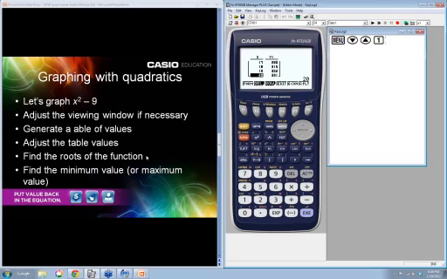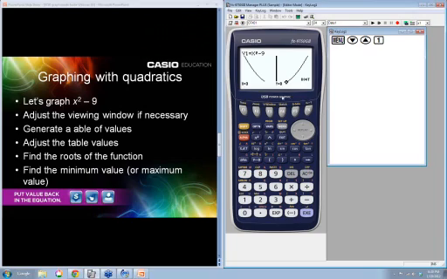So now let's go ahead and figure out how we could find the roots of a function. So we're going to use the menu, and we're going to go back, because what do we want to do? We want to look at the graph when we're doing roots, right? So again, we go to our handy-dandy G-Solve, which is right above F5. Shift, G-Solve, and then I want to find roots. And it actually shows me x is -3 when y is 0, and x is 3 when y is 0. That's exactly what we expected.